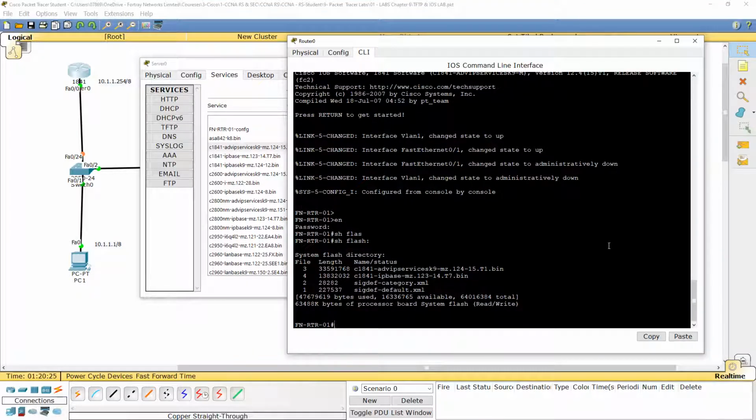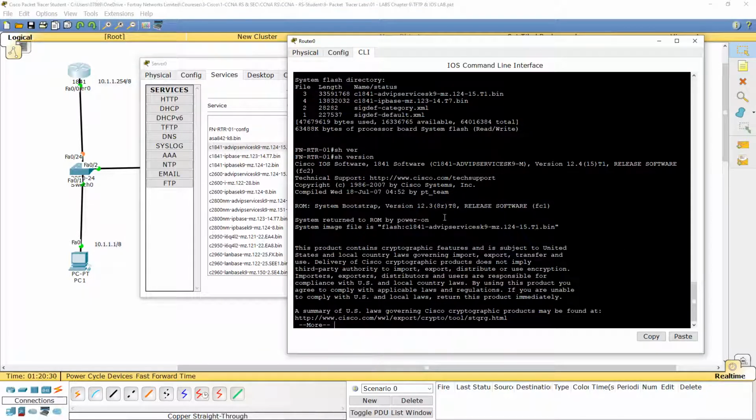Okay, show version. Now you can see. Clear?